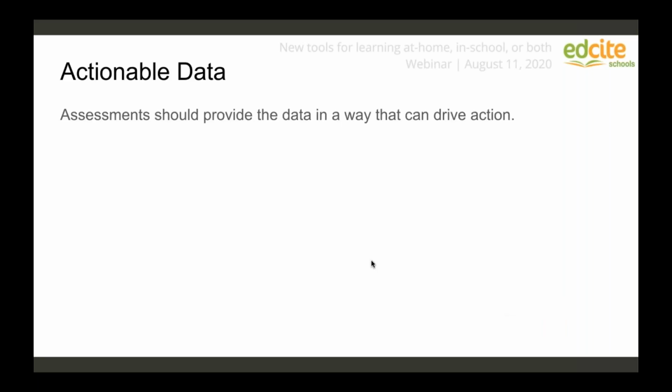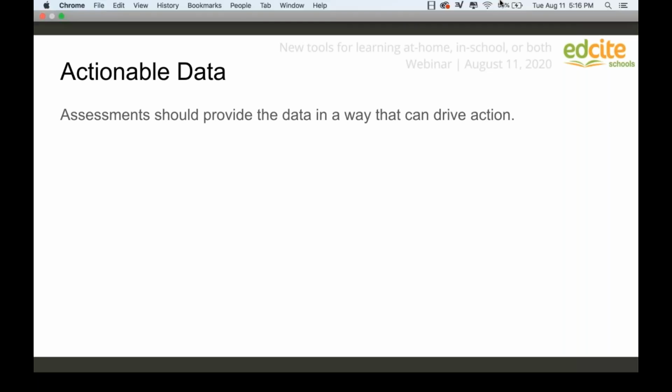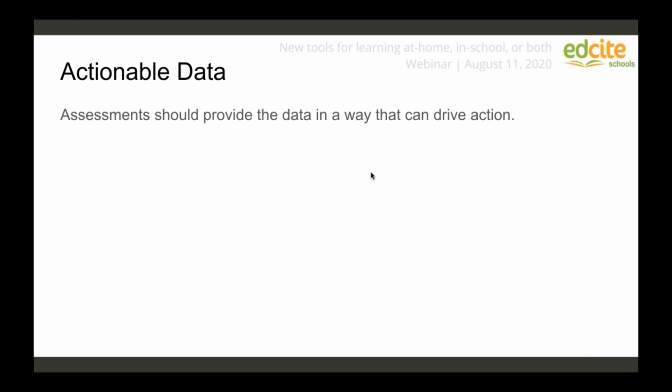So those are the big ticket items for alignment, I would say. And then the next section we'll dive into is talking about that actionable data. So at the end of the day, we want assessments to be providing you with information that's going to prompt an action. So when we think about actionable data and updates from this summer and for the fall, one